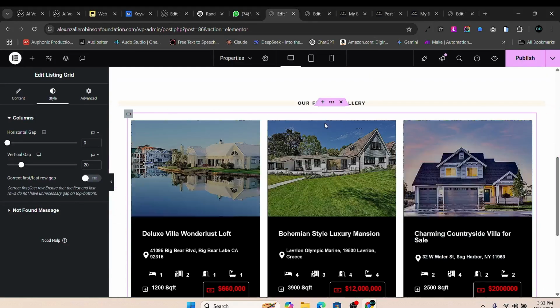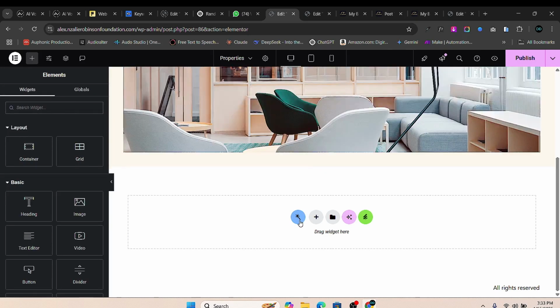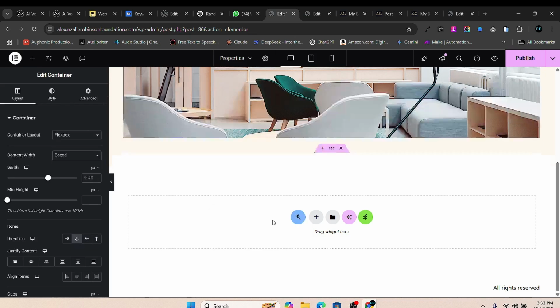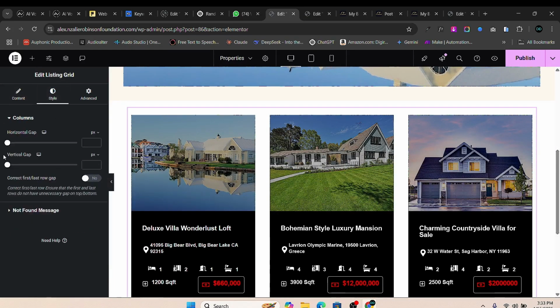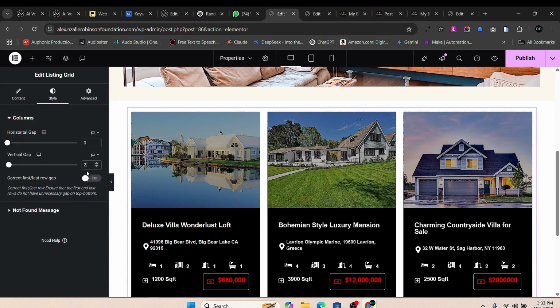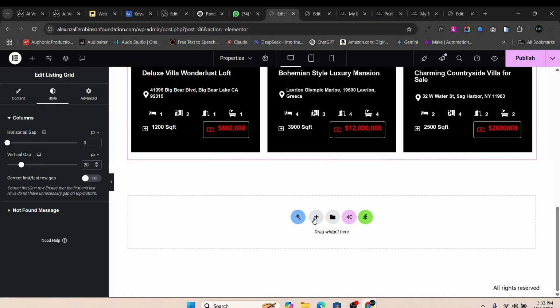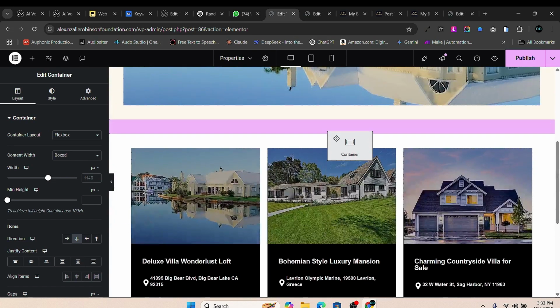So I could remove these 2. Oh, come on, I just removed what I just pasted. I'll paste that back, and then I'll come to style and I'll make this 0. This will be 20, and then you can add a flex box,